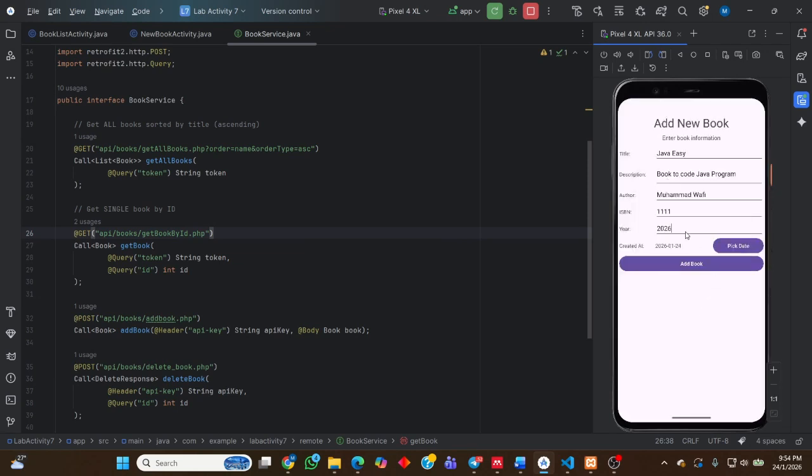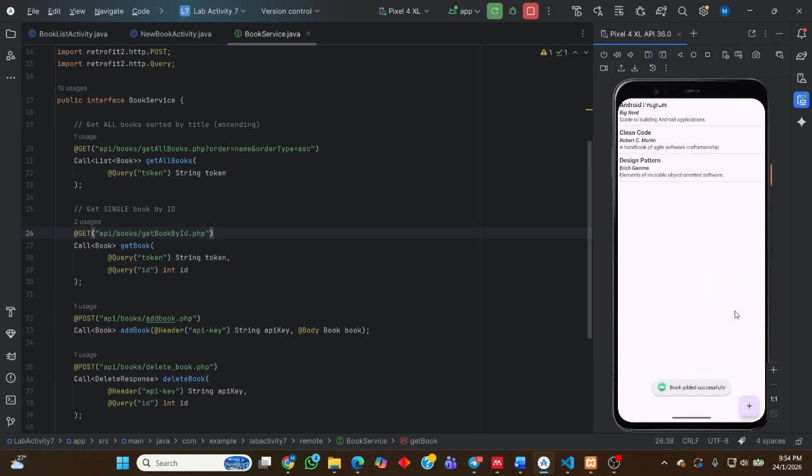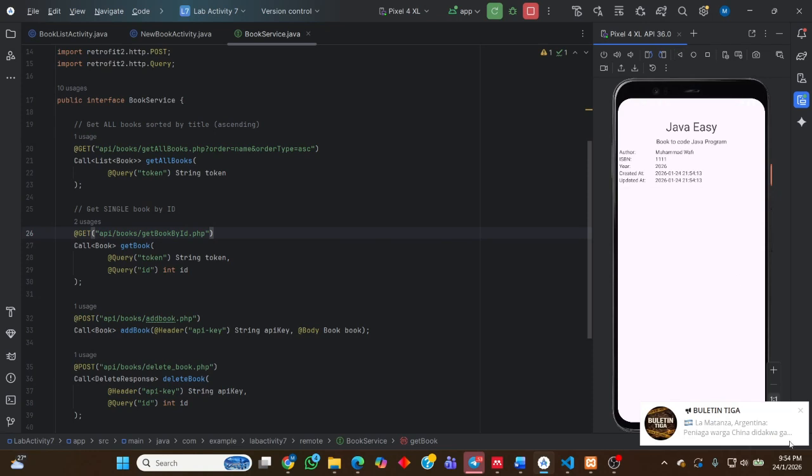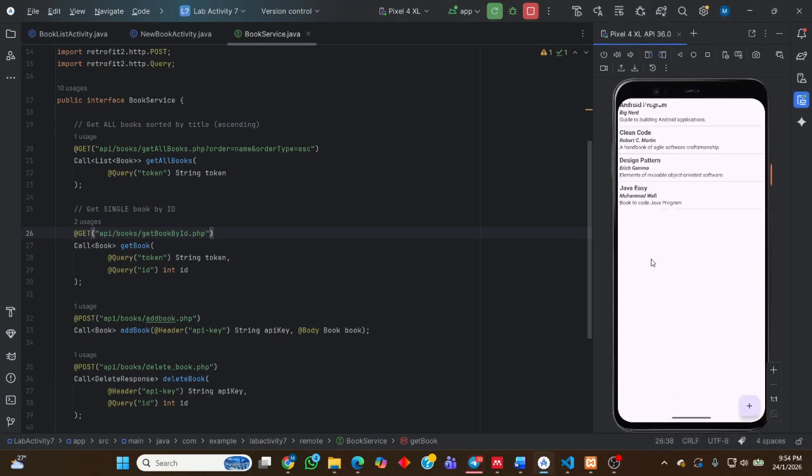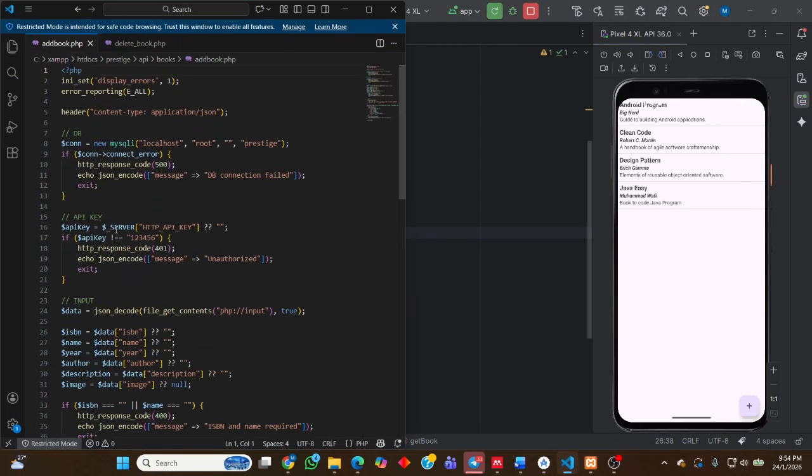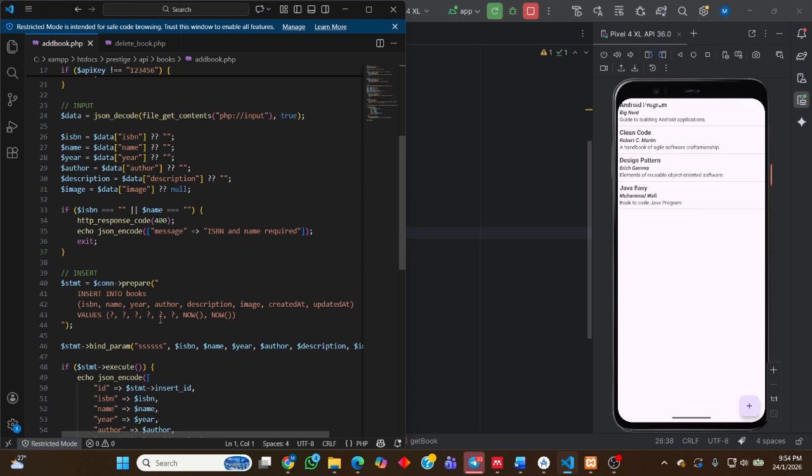This is the detail for the testing book that we want to add to our database. Let's click add book, and if we go back and click book list again, as you can see, the book has been added in our database. As you can see, it is also sorted in ascending order from our previous lab. We can also look at the details. Before we go to the delete, we can see the PHP file in our htdocs.